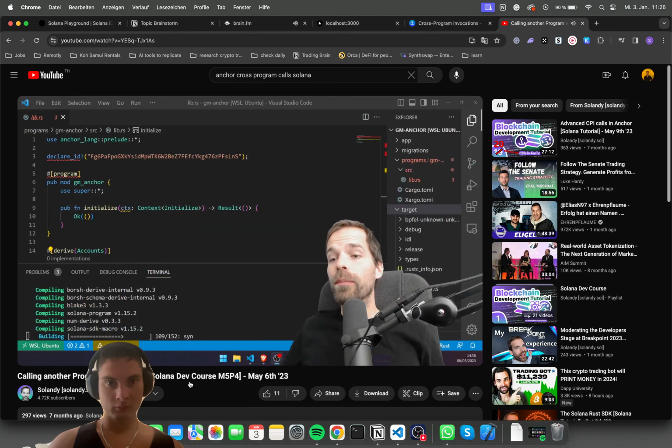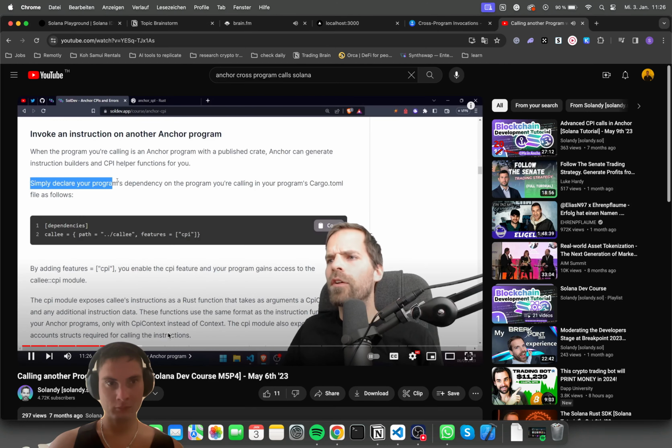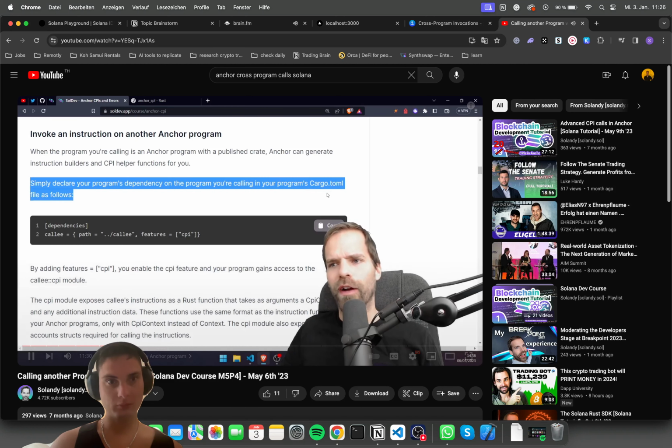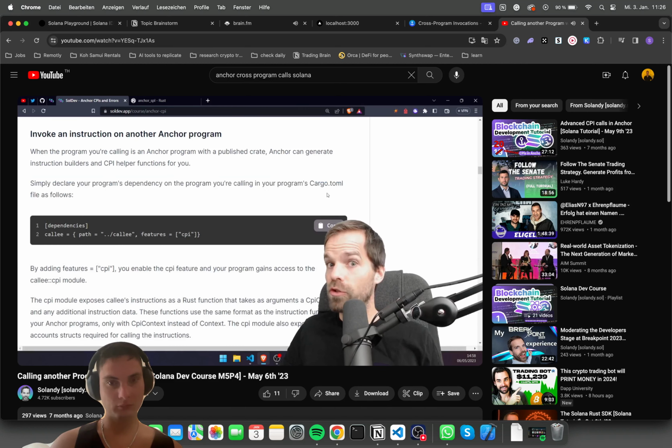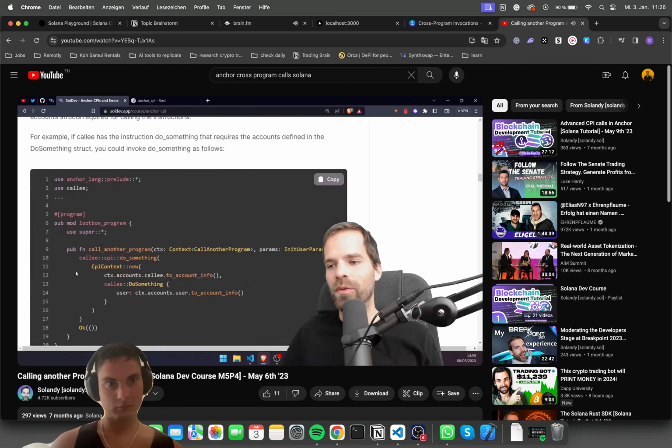While this is slowly building, simply declare your program's dependency on the program you're calling in your program's Cargo.toml file as follows. So easy. Path to the callee, so that's the program that we call. I'm the caller, he's the callee. By adding this CPI feature, your program gains access to the callee's CPI module, such that we can then do